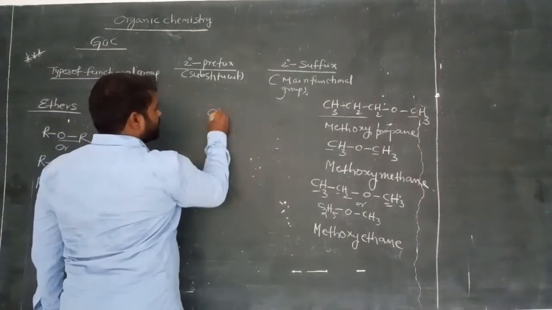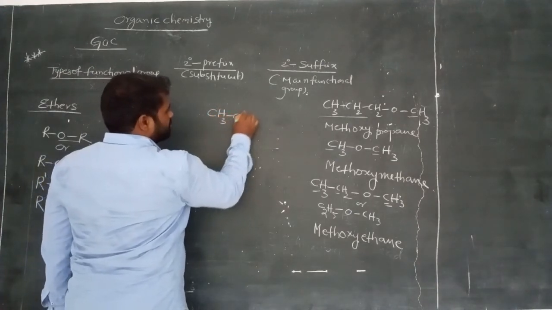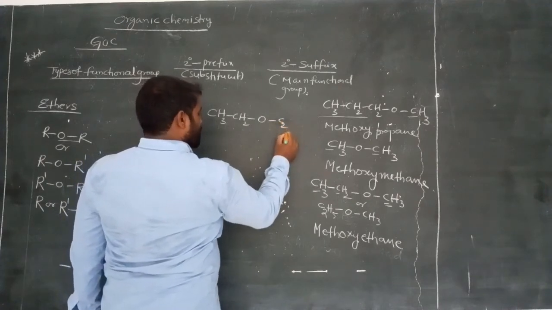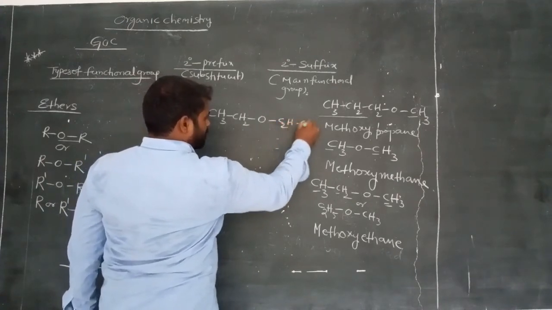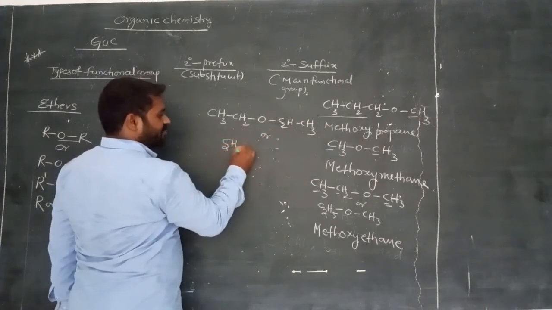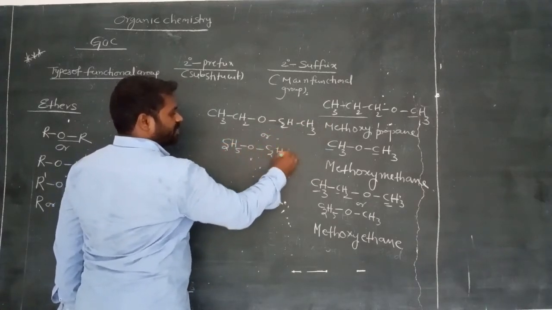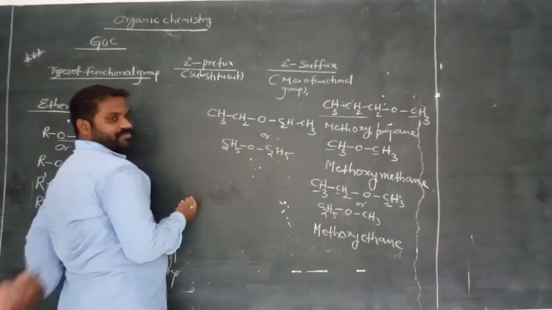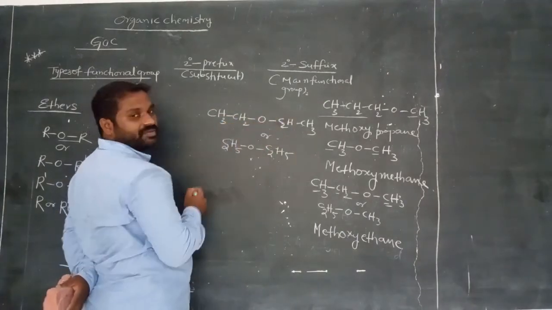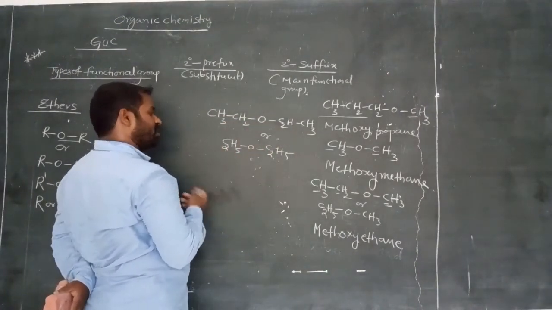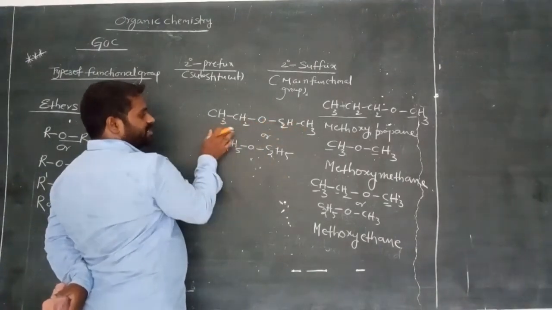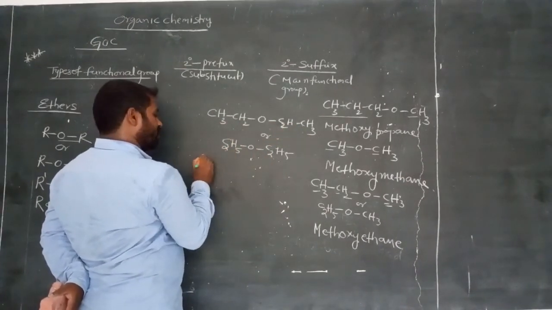What about this one? CH3 bond CH2 bond CH2 bond CH3. Okay, we can also write this C2H5O bond C2H5 also, right? Ethyl group. So both are same. So ethoxyethane or ethoxyethane, both are same or not? Same number of carbons. So that is our choice either from left side or right side. Clearly? So ethoxy, it is also ethyl group.